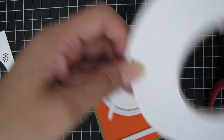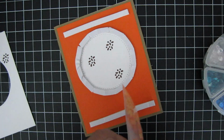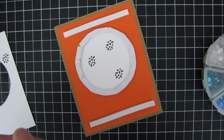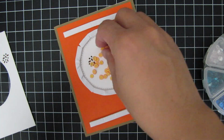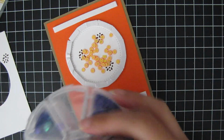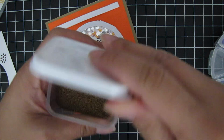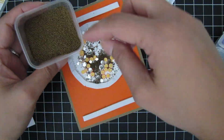Okay, now the fun part, putting in the goodies inside the shaker portion. So I have the orange slice sprinkles, which is part of the September release for Cat Scrappiness, and I go ahead and also put some clear confetti sequins, and then also lastly I use some brown micro beads, and it's a bit messy,